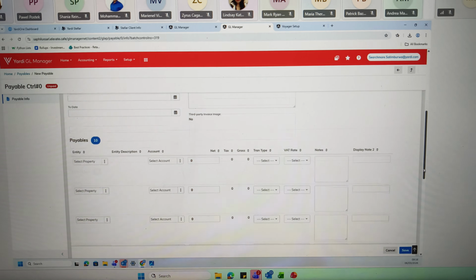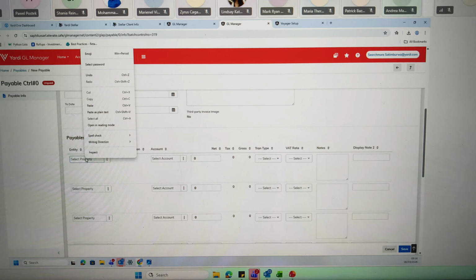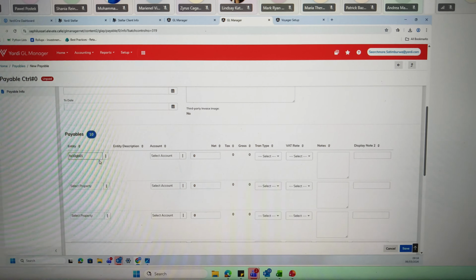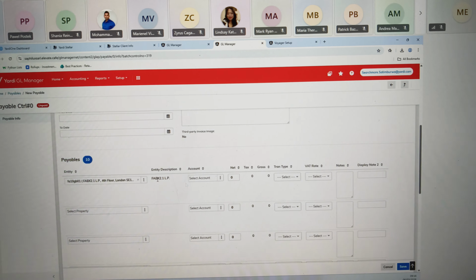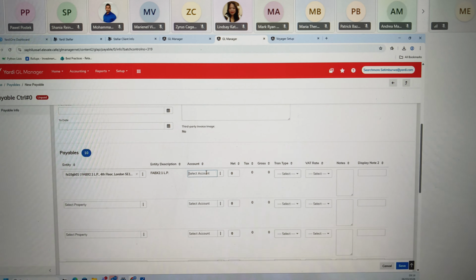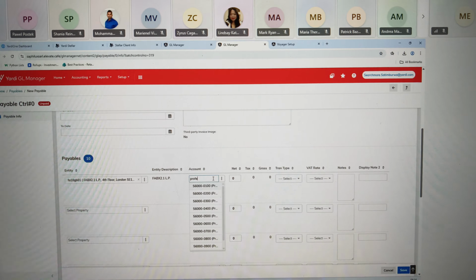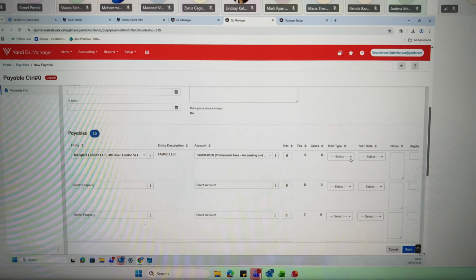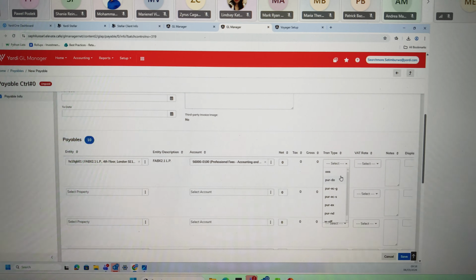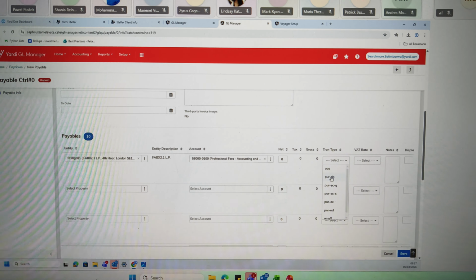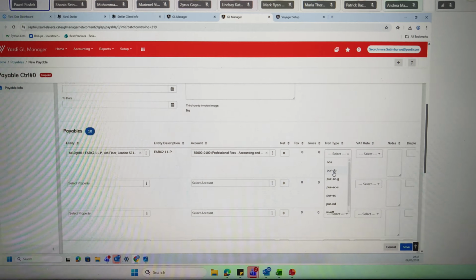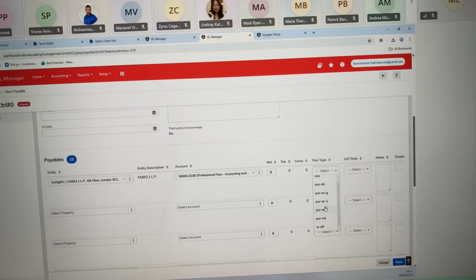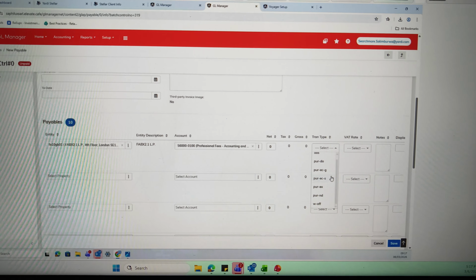So what happens is the property we were talking about, do I still have that property? Yeah. So you can pick up the property, and you can pick up the expense type, let's say, in this case, any for accounting purposes. Now, this is where it becomes interesting. So, the VAT you can choose, okay? If it's just domestic, which means... Okay, sorry for interrupting you, I can see OOS is outside of scope, right? Yes, everything is there, including the... Okay, yep, that's all I needed to know, thank you. Just to be clear, that's not like